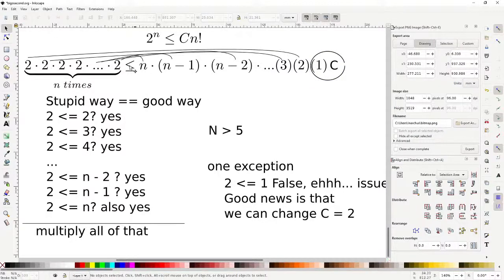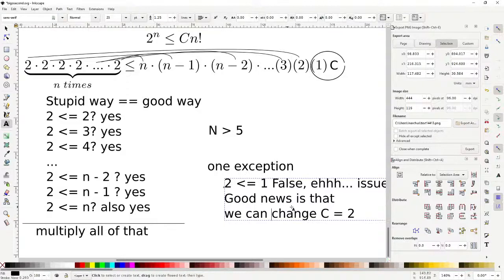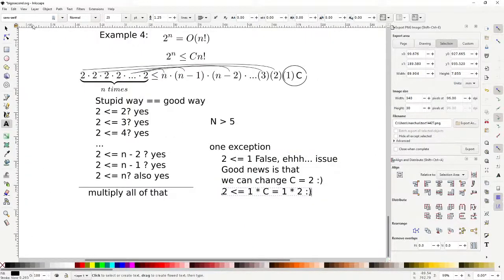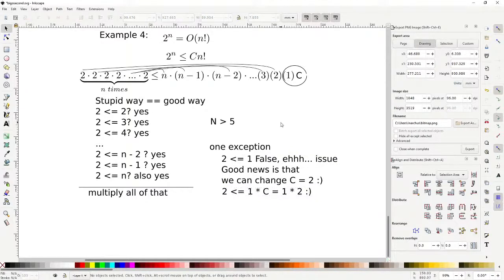So instead of comparing one of these 2's against 1, and then that would be false, you compare one of the 2's against 1 times c, and remember, you get to choose c at least once during the problem, so we can set c equal to 2, and that makes us happy because now we're back to 2 is less than or equal to 1 times c, which is equal to 1 times 2, which is good, right? So this is one way to do it, and I think it's a pretty decent way